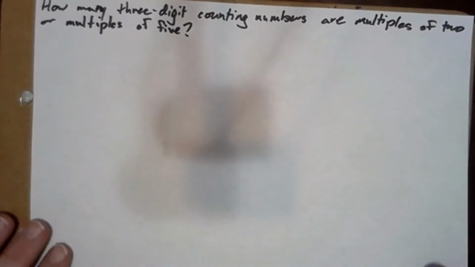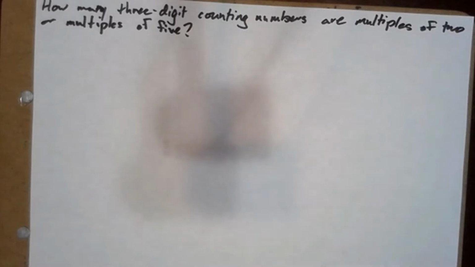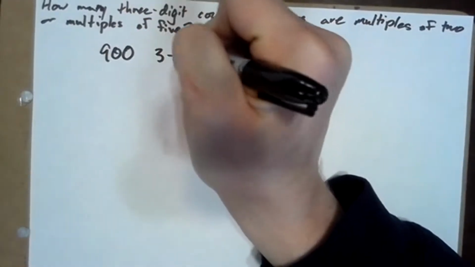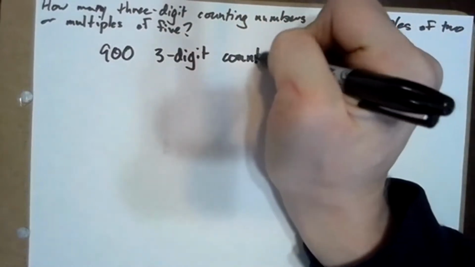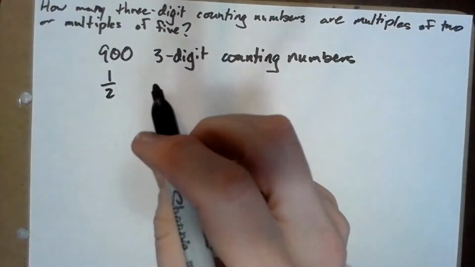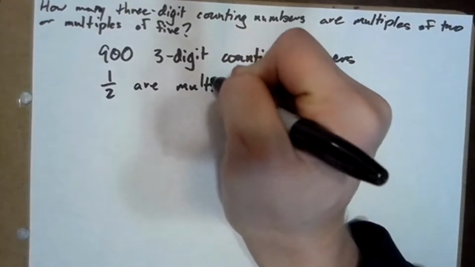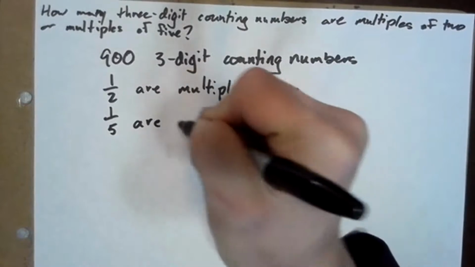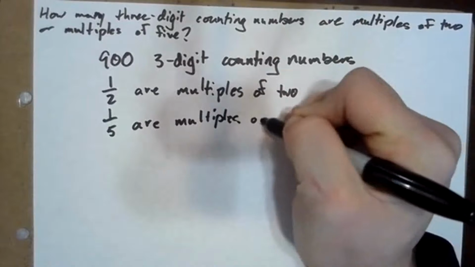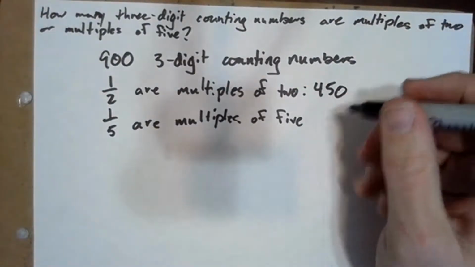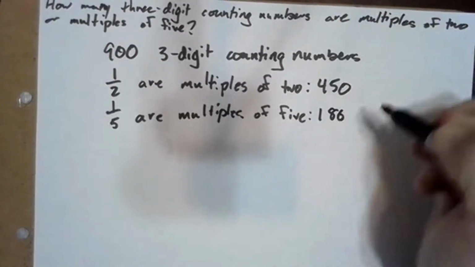How many 3-digit counting numbers are multiples of 2 or multiples of 5? Okay, well, we can think about it this way. There are 900 3-digit counting numbers from 100 to 999. Of these, 1/2 are going to be multiples of 2, and 1/5 are multiples of 5. One half of 900 is 450, and 1/5 of 900 is 180. However,